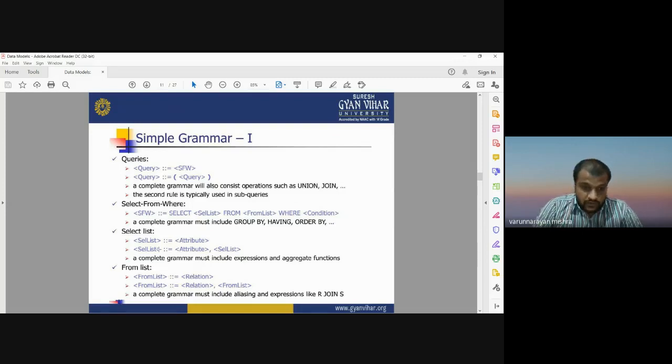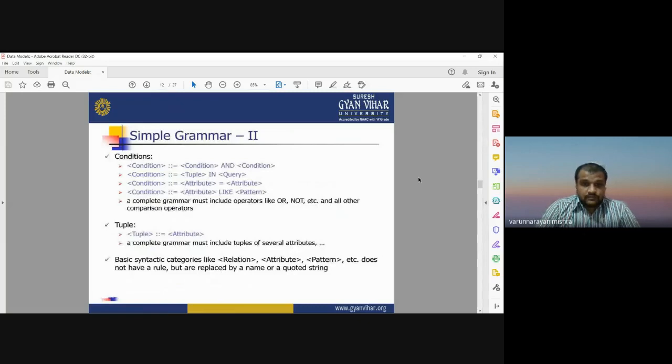In this way we can write the syntax, the statement for different query operations using simple grammar rules, like those we use in our daily life for writing any statement in a Word file. This is another example of how to write a condition. If you want to insert some condition in your query, less than or greater than, select the value equal to this or less than this. So this kind of conditional operation is possible in SQL.